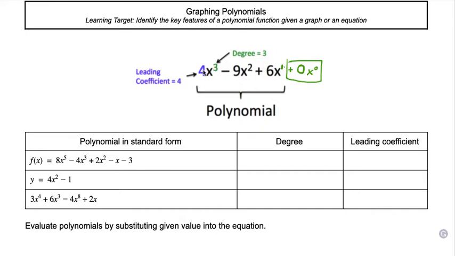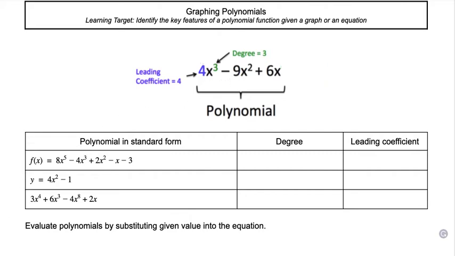And the second thing to note there is the coefficient to that variable, right? So the variable that has the highest degree, the coefficient to that variable is called the leading coefficient, right? So this 4 here is the leading coefficient to the entire polynomial. Okay, so